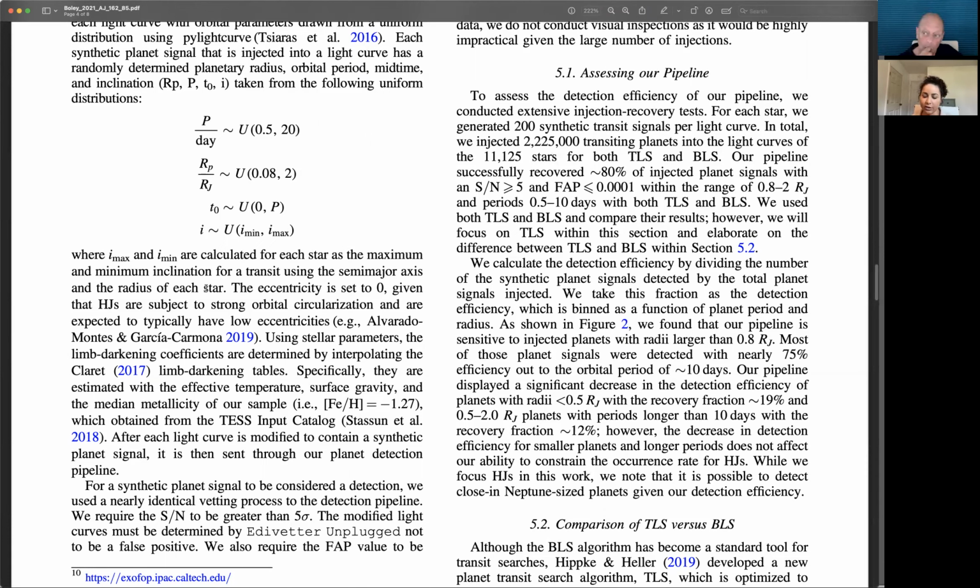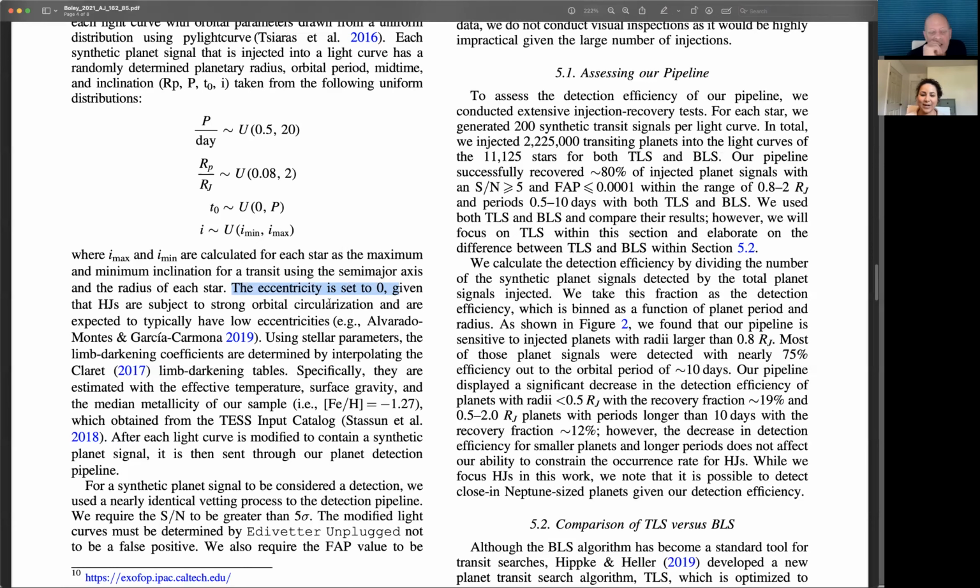But yeah, we did this, and since we were looking specifically for hot Jupiters, we were able to assume an eccentricity of 0, because once you get that close to your star... Sorry, I don't know why I said 1. I think I was looking at a 1 in the paper, but here it is: 0. It explicitly says it. Listen to the paper, not to what I'm saying. So we were able to assume an eccentricity of 0 because of the strong orbital circularization.